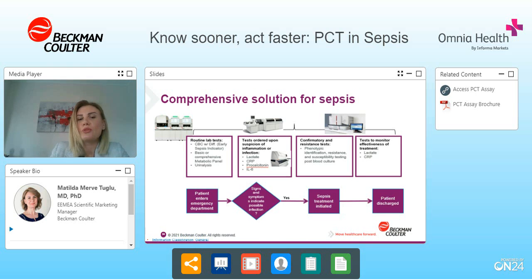Beckman Coulter offers a broad range of tests for different clinical utilities that can help the physicians assess and manage sepsis. Routine tests are ordered when symptoms are unclear and applied broadly as patients present to the healthcare system. When there is a suspicion of infection or sepsis, early sepsis indicators such as MDW, or monocyte distribution width, and tests such as lactate, procalcitonin, C-reactive protein, and interleukin-6 can aid in patient assessment.